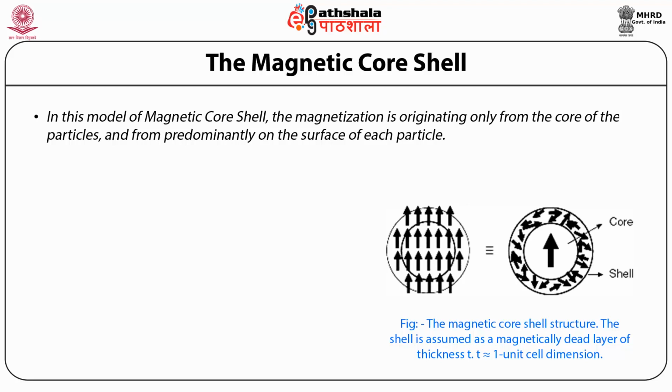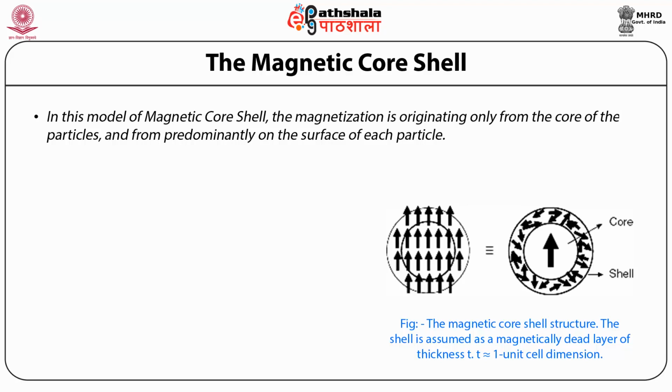The possible explanation for the reduced magnetization of nanoparticles is the core-shell morphology of nanocrystallites. In this model, the magnetization originates only from the core of the particle and not predominantly from the surface